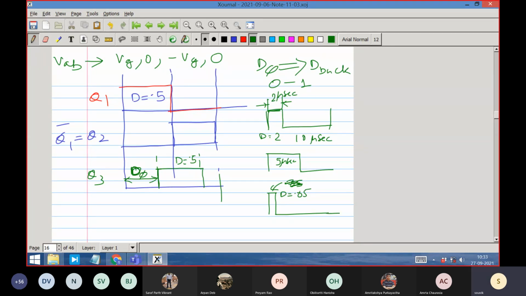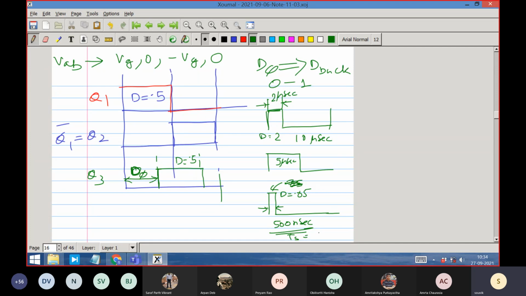So why? Because you cannot create a very narrow pulse, maybe less than 500 nanoseconds. It is very difficult to create such a pulse. So what it is practically limiting is, if you cannot create a 500 nanosecond pulse, and that is 5%, then your final time period TS is becoming how much?